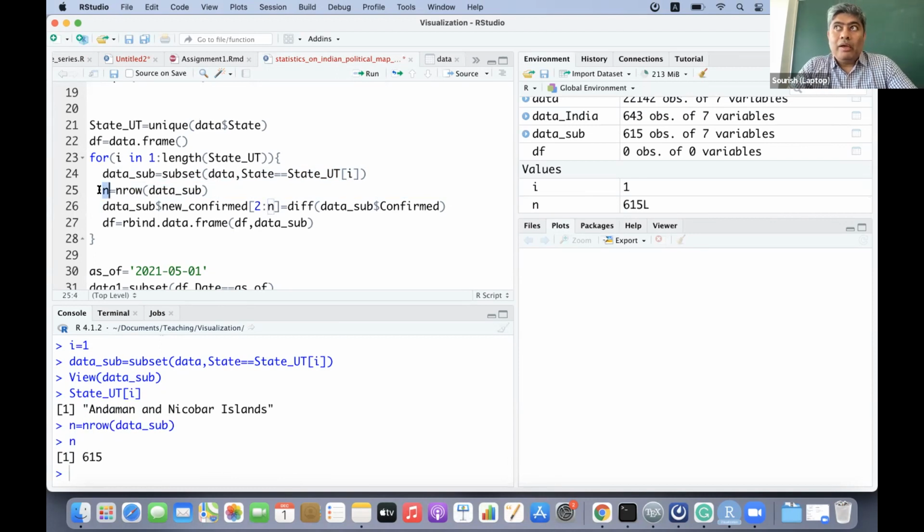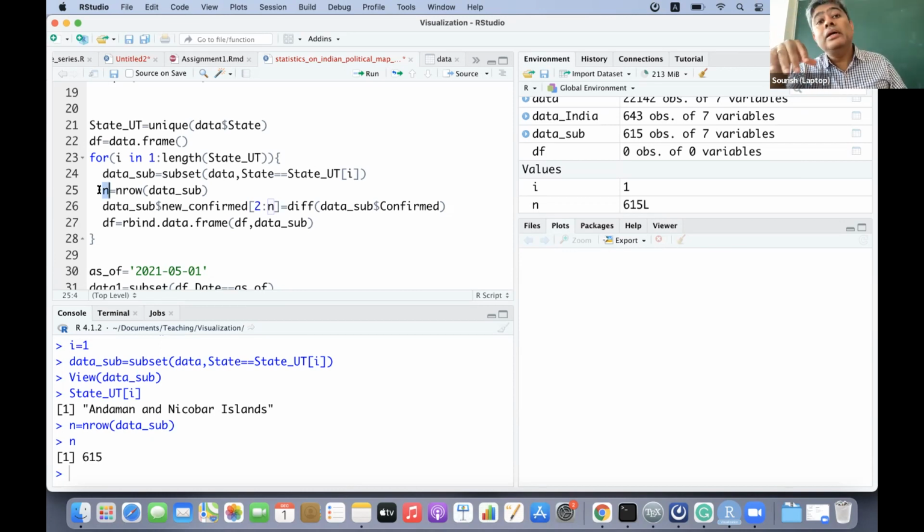And then you just compute how many days of data is there. Not every state will have the same number of days, because in some state it started on 26th March, some state it was started on 3rd March. So different days it was started. The data record started in different days.